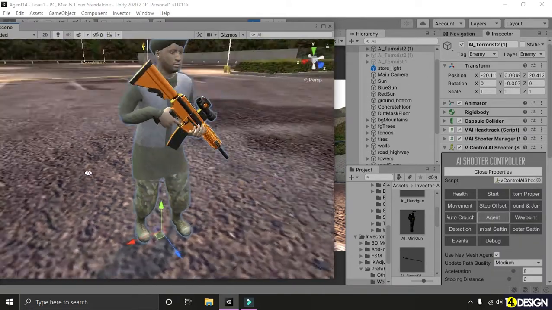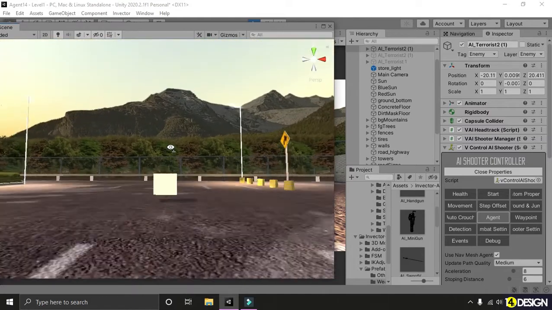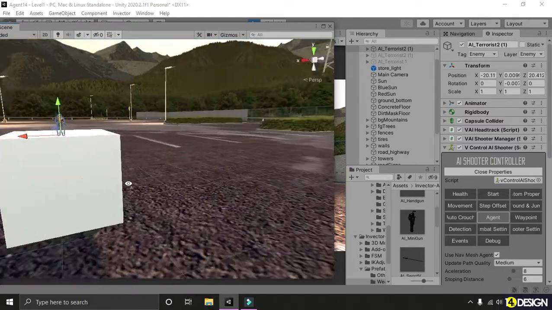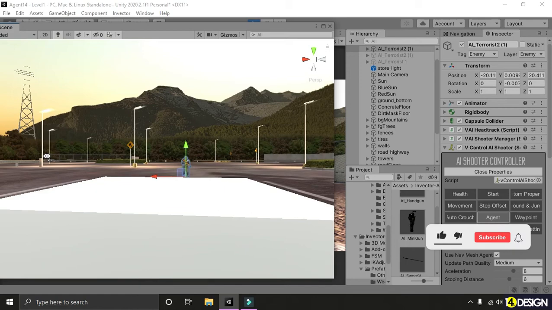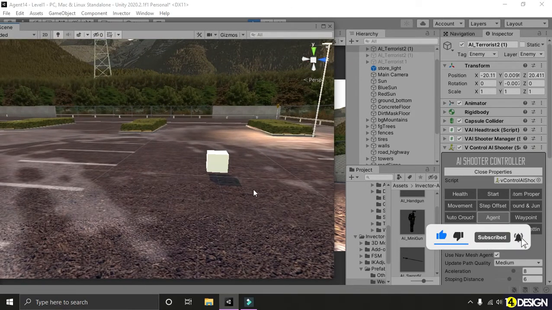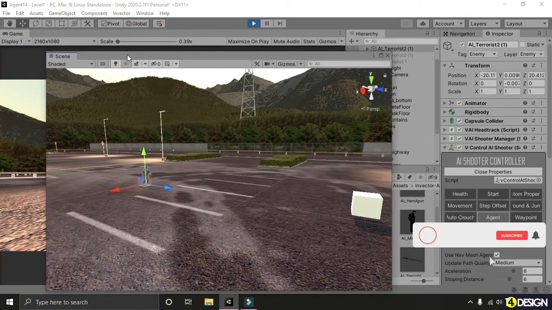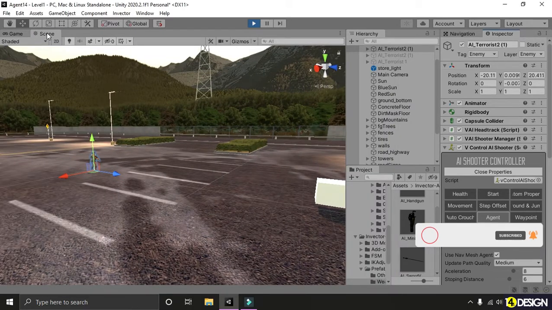Goodbye. Okay, that's not a terrorist actually, that's my main player that I am using for my game. No problem. So that's how you create a shooter AI, where the AI shoots at you if you come near him and stops if you go too far away.